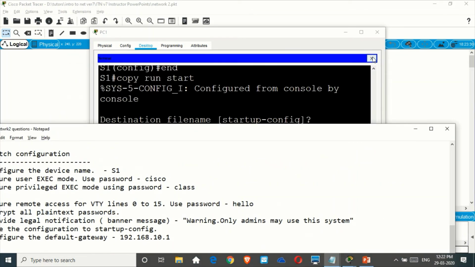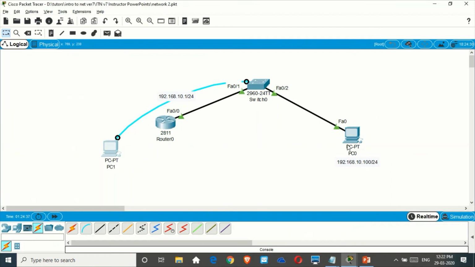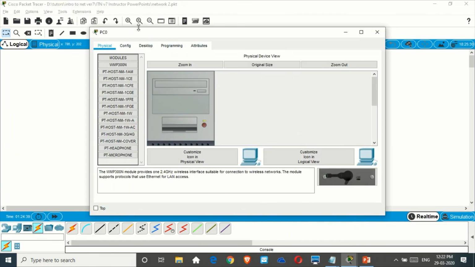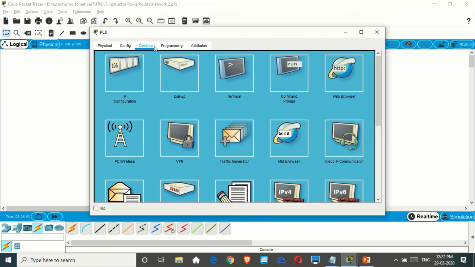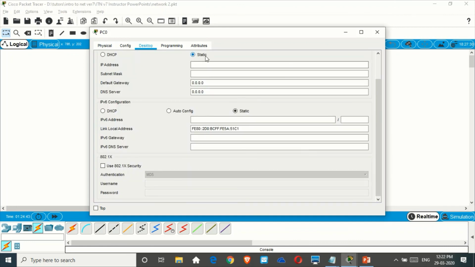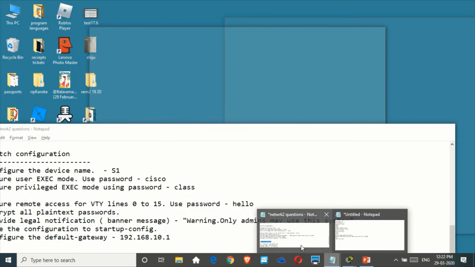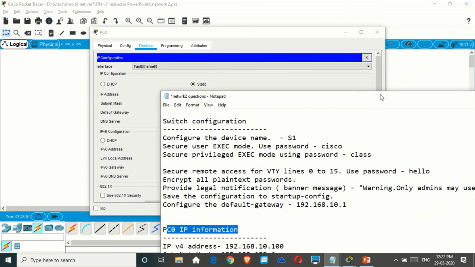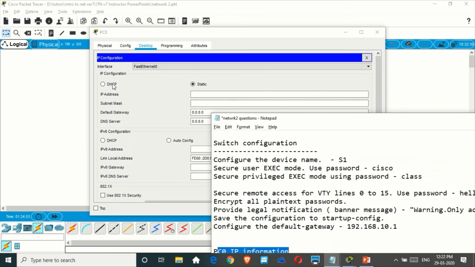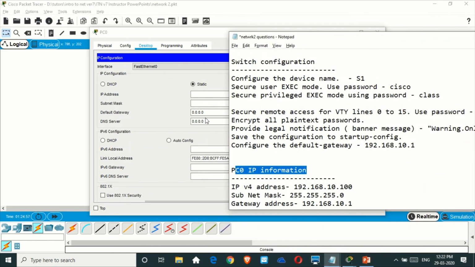Now for PC0, to just give the IP information. This is also completed, you can just close it. For PC0, you need to give some IP information. So go to desktop, IP configuration. Always you have to do it in static, because static is where you manually enter the IP address. If you have a DHCP enabled system, you can click on DHCP also, but in this case we don't have it. We have a static IP address.